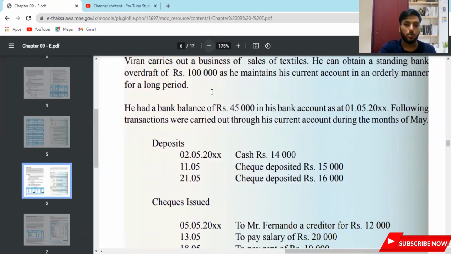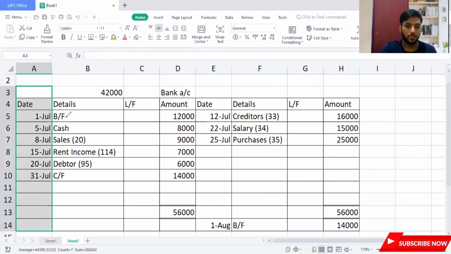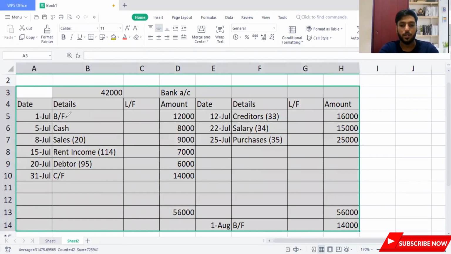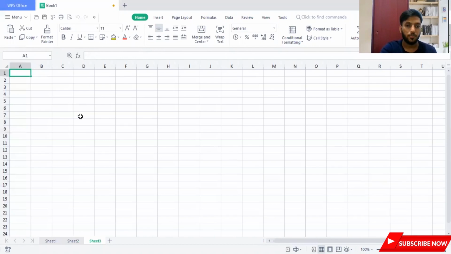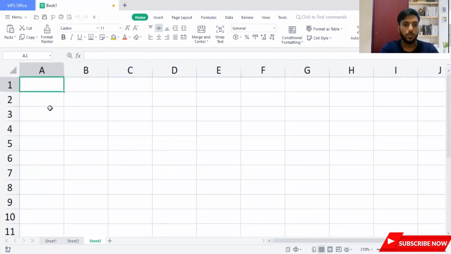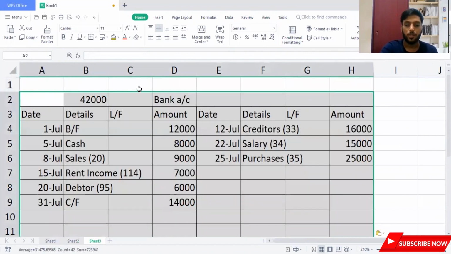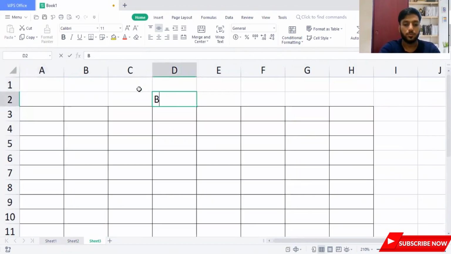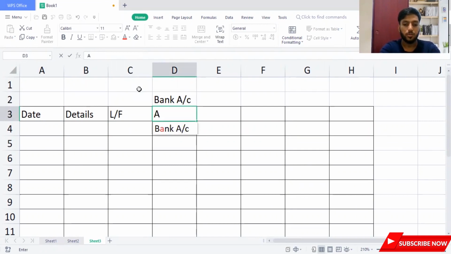So I'm going to move on to my sheet. I'm going to open up a bank account. Let me copy this and paste it. It saves a lot of time for us when you have a bank account. I want to move on to the new sheet and record it. I'll zoom a bit so we have good vision on what I'm doing. So I'm going to erase this and write here bank account. Right, so here you have date, details, do with me, guys, ledger folio, and you have amount.